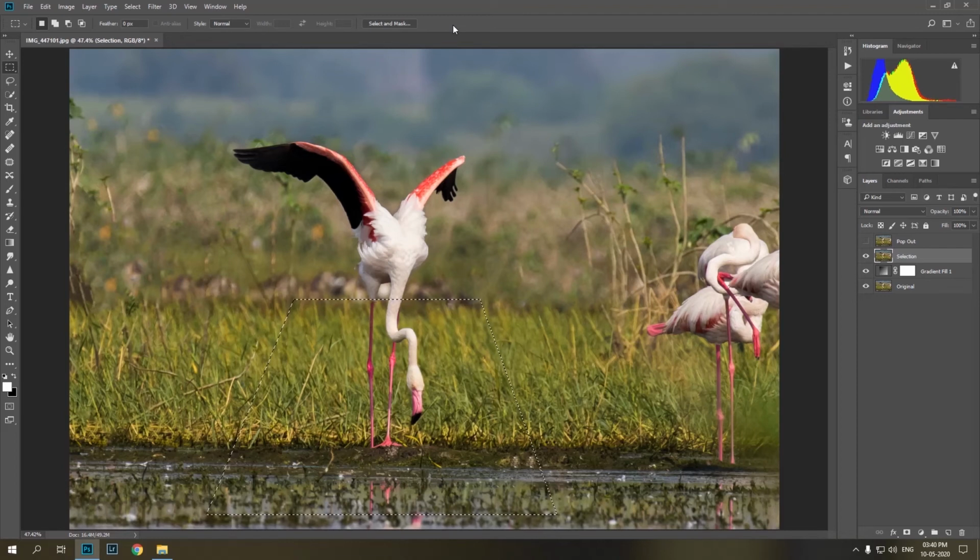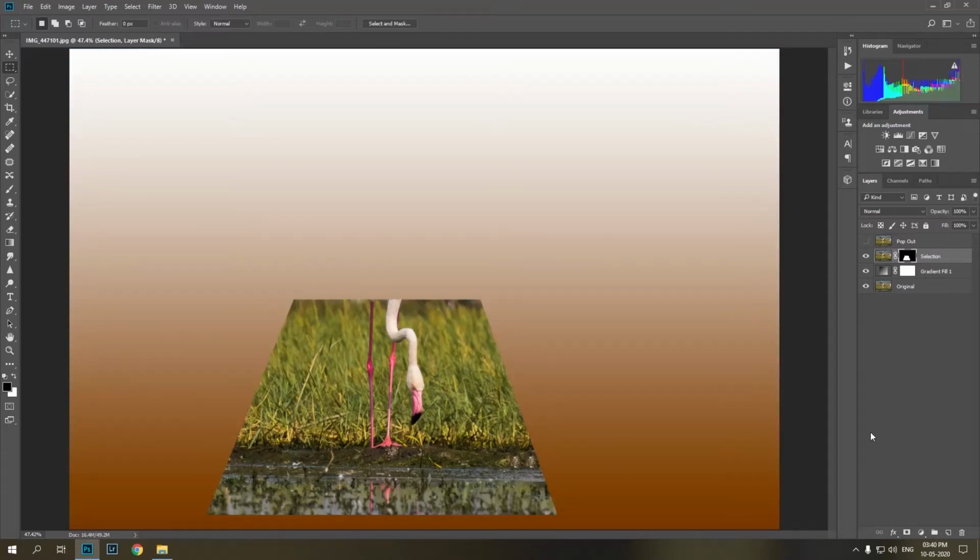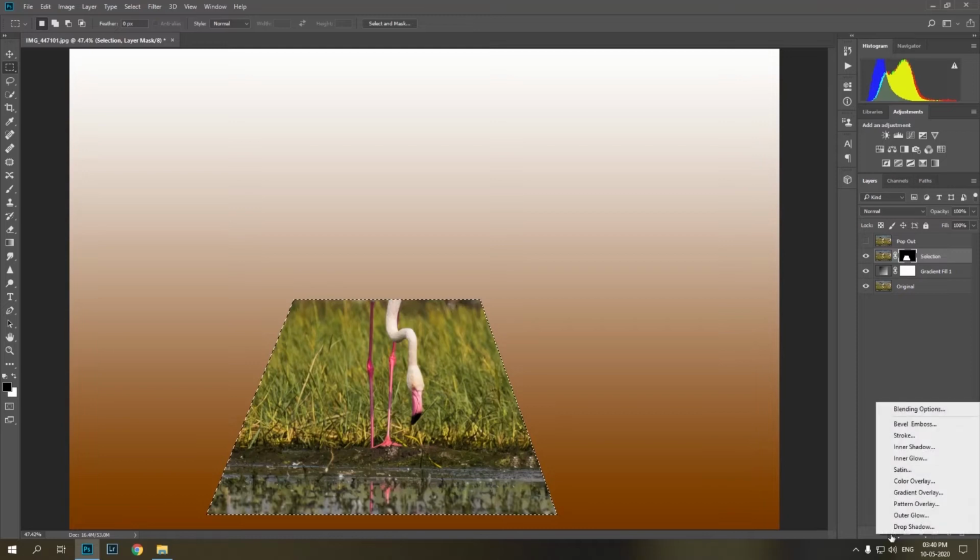Now let's add a mask of this selection to the layer by simply clicking Add Layer Mask button from the bottom of the layer panel. We are supposed to add a white border to this masked portion, thus click on the mask while pressing the Ctrl button to enable the selection once again. Then click Add a Layer Style button from the bottom of the layer panel and choose Stroke.